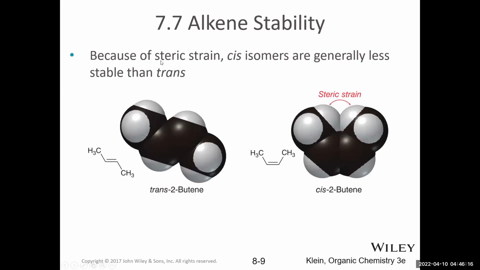Okay, so let's talk a little bit about alkene stability. So alkenes that are in a cis configuration have more steric strain. You can see here with the space filling model of this structure that these groups get really close to one another. The hydrogens that are pointed in the tetrahedron get really close to one another. And so there is some steric strain associated with that stereochemistry. Whereas the trans configuration gets those groups further apart. And so it's just a little bit more stable or lower energy than the cis configuration.